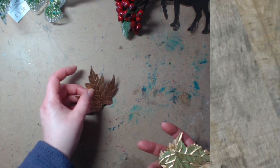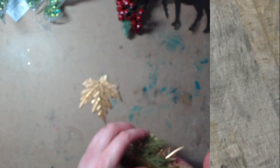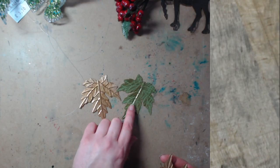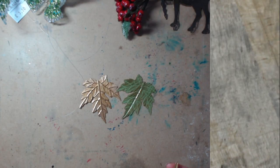And what else did I get? Oh, these are nice. I did get a giant reindeer as well, but he's downstairs right now being admired by the family. Now these metal leaves again, and they're two-sided, so you've got a flat side, a debossed and an embossed side, and you've got 3 of each,